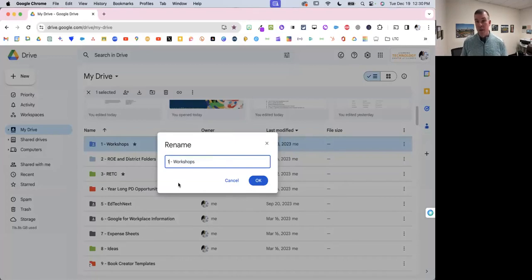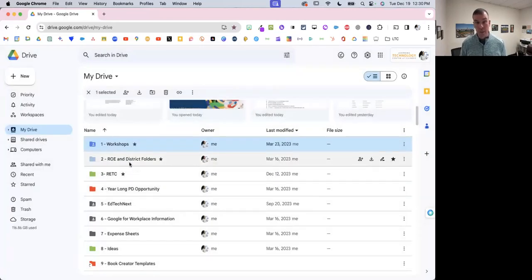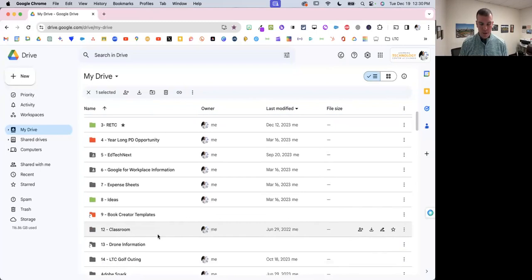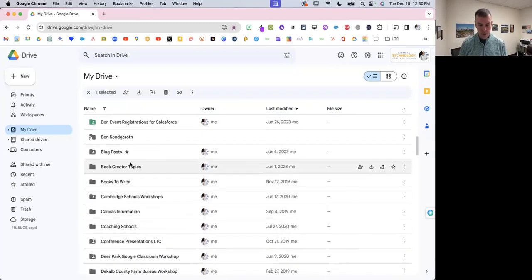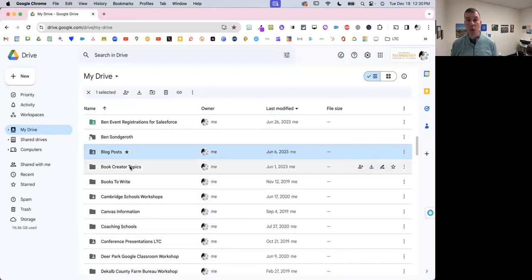Doesn't matter. But the number being first puts it to the top. Now, if you are not a person that likes numbers, and you still want to get a file or a folder up to the top, one of the things that's interesting is if I go down here and I want to move this blog post folder up to the top, but I don't want to put a number on it, you can right